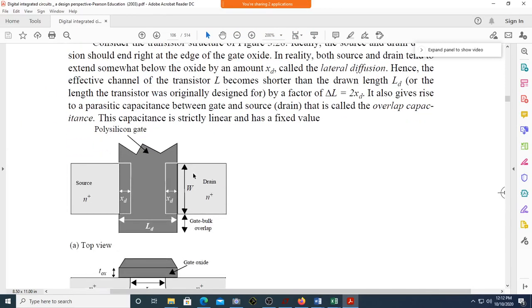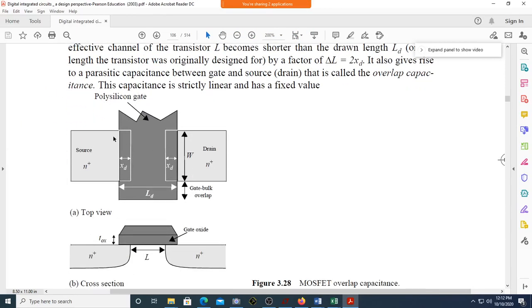Okay, just have a look at this. Is this fine? This structure? Is this a MOSFET structure? Yes, sir. This is the cross section view. This is the top view. Polysilicon gate, source, drain. Can you see this is the width? This is the overall length of the transistor. Can you see this XD? That is the overlapping region, overlapping of your drain and source with the gate. If this is drain, there is some portion which is overlapped here. There is some portion which is overlapped with the source and the gate. Correct?